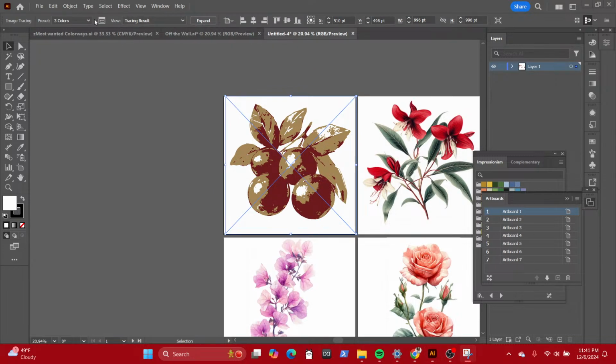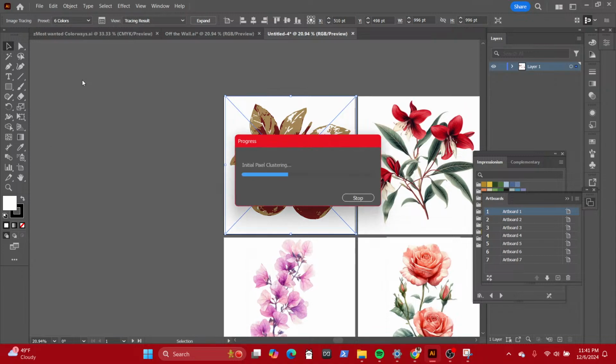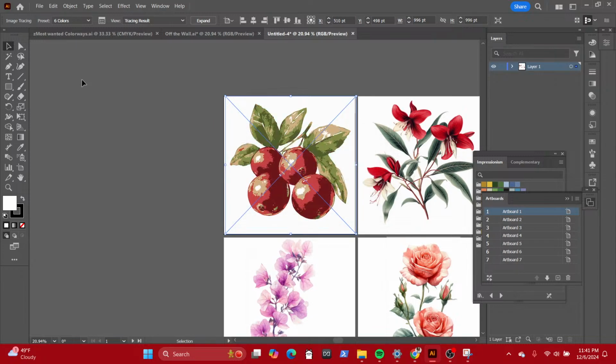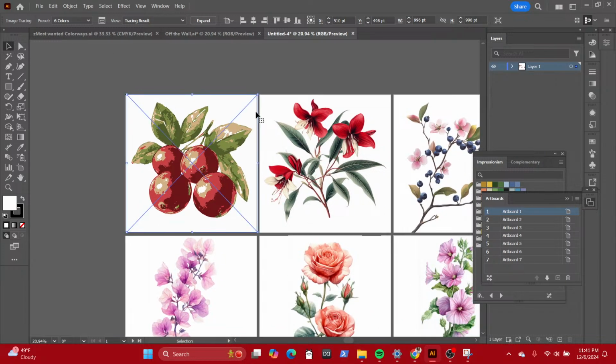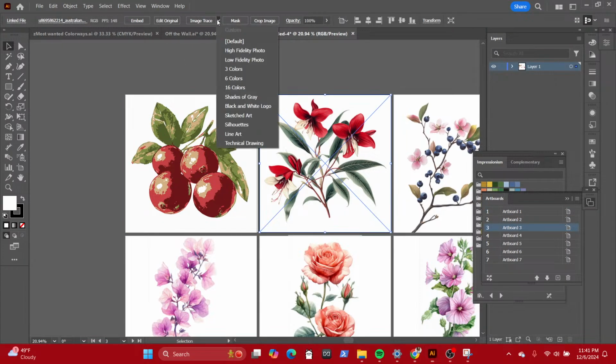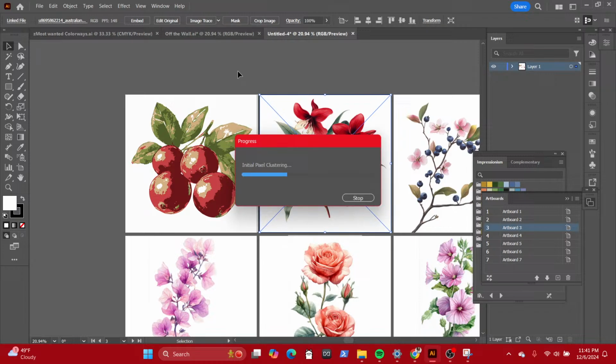So let's see, we did that. We did 3. Let's do 6 just to get a look. Let's see how it'll look with 6 colors. Oh, 6 colors not that bad. Let's do the same for this. 3. I might have to do a higher threshold for this one. And this goes into